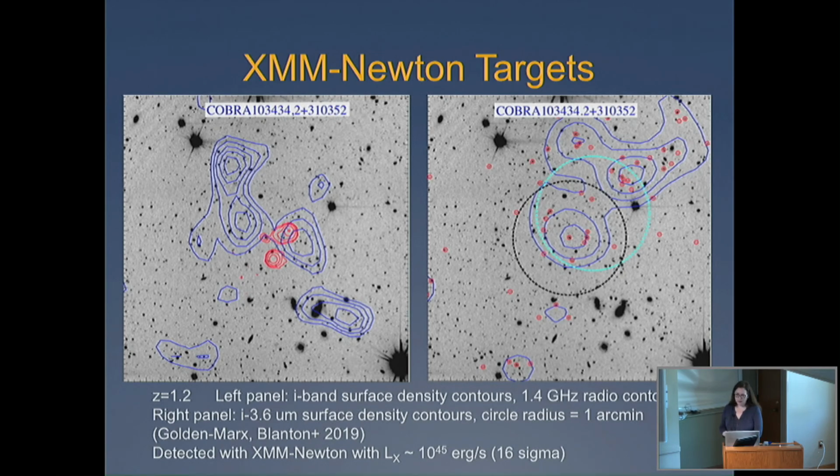So that's ongoing work. I'll be working on that this summer to get more information on the XMM observations for those fields. The goal there was pretty much just to get the luminosity and then go back and reapply with Chandra to be able to make sure that we're cleanly separating any point source from extended emission.